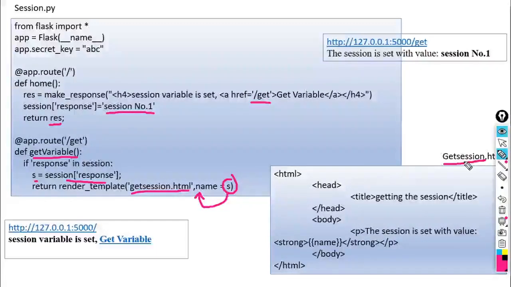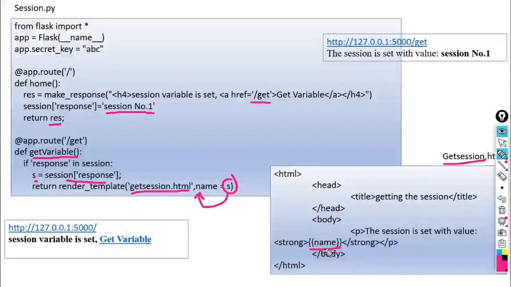Get session.html is the script associated with this one. What are the contents of this HTML script? Some text is given with the help of the title tag. Next, within the body part, the session is set with a value. Then the variable name is name. As we have seen, we should enclose the variable name within a pair of curly brackets.